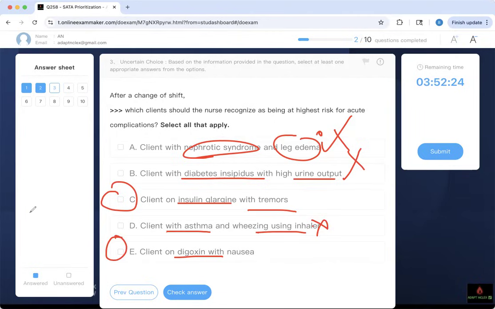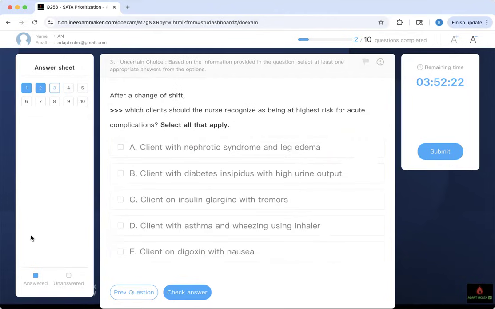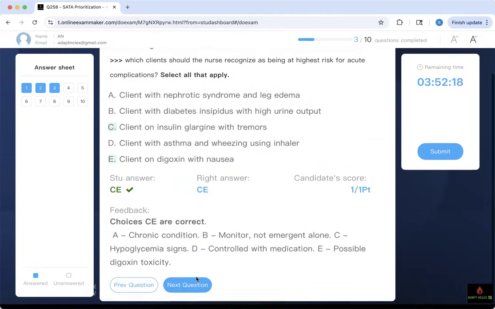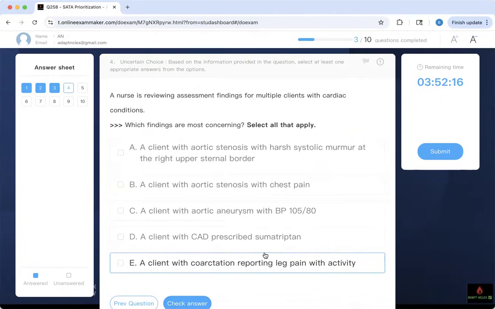I'm picking you. Only 2 answers. If you overselect, you get 0. That's the purpose of this selection, so that you can understand fundamentals of prioritization and select or apply SATA questions